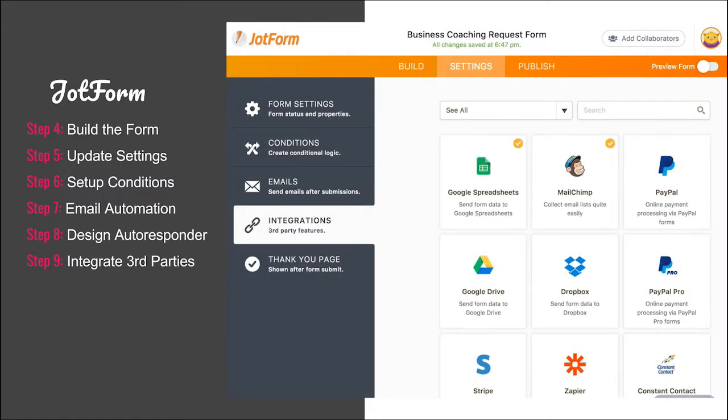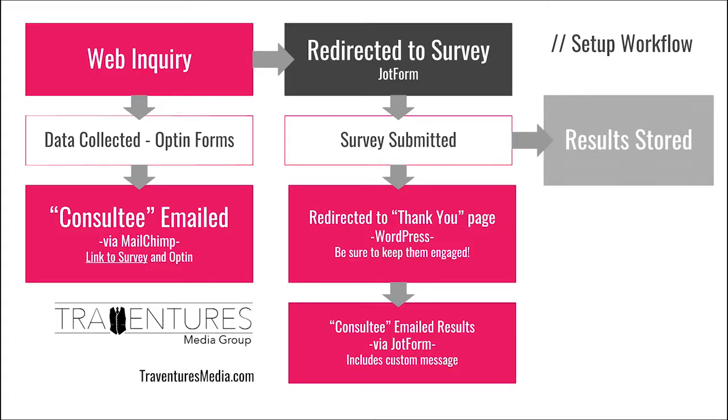Finally is to integrate the third parties. You want to bring in your MailChimp. We set up the API key earlier. And you're also going to integrate with your Google spreadsheets. This will make sure that people who don't have access to your MailChimp can easily retrieve the information. So your results are stored,